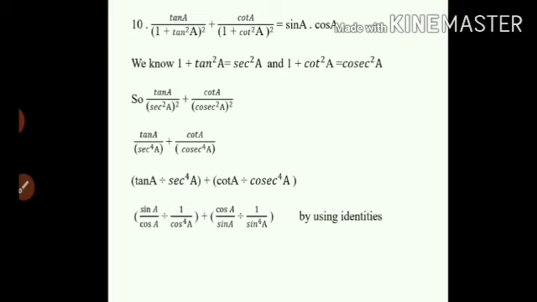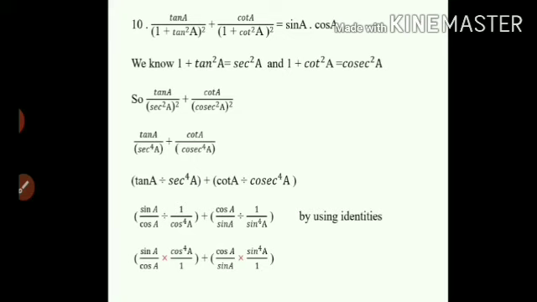Now we know divide gets converted to multiply. So the first bracket, sin A upon cos A, I am writing the same as it is, divide is converted to multiply, so I will take the reciprocal. So 1 upon cos becomes cos upon 1, so cos raised to 4 A upon 1. Plus the second bracket, again cos A upon sin A as it is, divide converted into multiply, so 1 upon sin raised to 4 A becomes sin raised to 4 A upon 1.